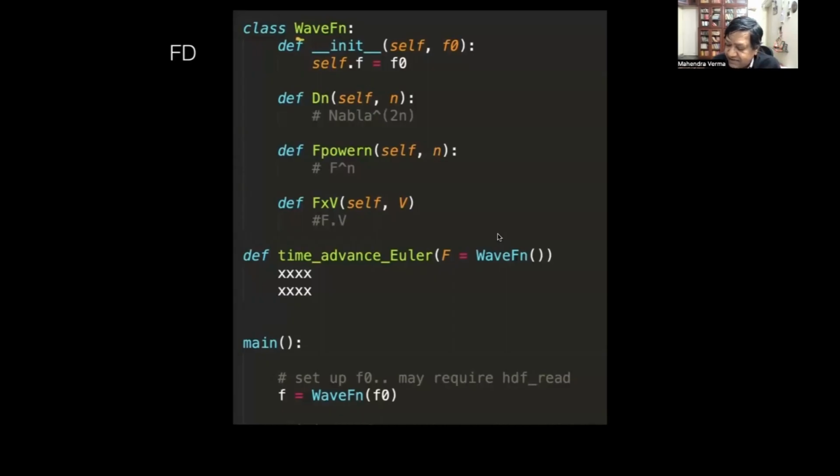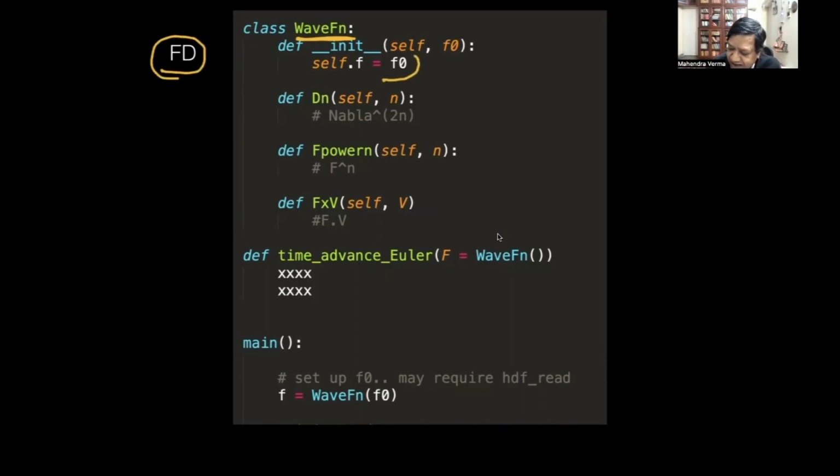So I'll create a class called wave function. This is more than just creating an array. I'll first think of what things are required for solving my equation, and abstract that into a class. So, initialization. This is a finite difference code, so I'm working in real space.